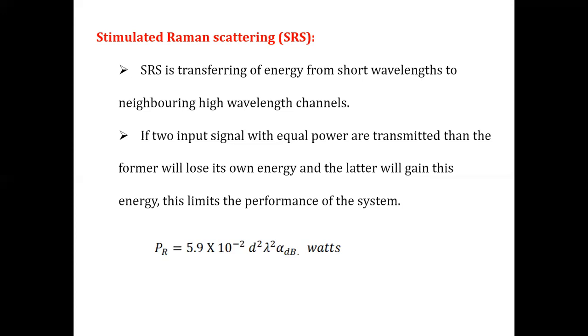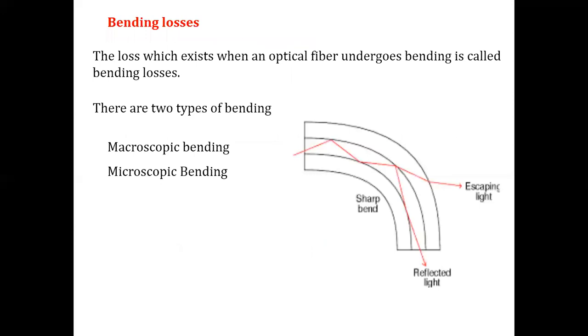So we have to reduce this type of scattering, then only we can transmit the signal without loss, right? So how we can reduce the non-linear scattering means, by choosing a suitable optical signal level, that is we have to choose the power below the threshold optical power, so that we can avoid these type of losses. Next we can see the